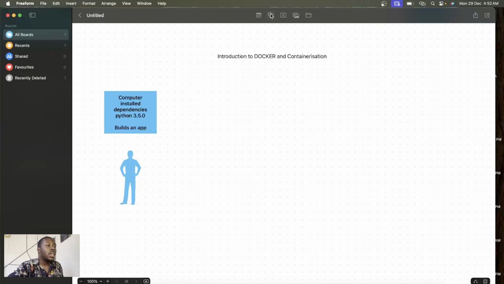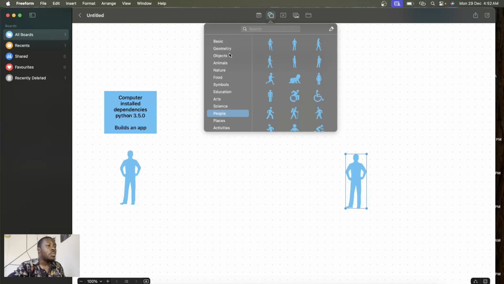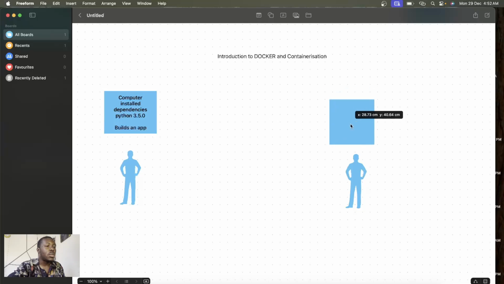Now, there is similarly another developer here. This was before the advent of Docker containers. He also wants to run this application. But he also has installed dependencies on his own computer.